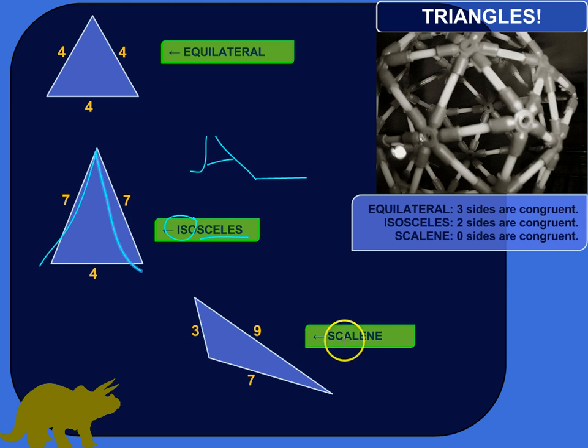And then the scalene triangles don't have any sides that are congruent with one another. So all three side lengths are different from one another. So three basic categories. You've got equilateral triangles where all three sides are congruent with one another, and then isosceles triangles where two sides are congruent with one another, and then scalene triangles where no sides are congruent with